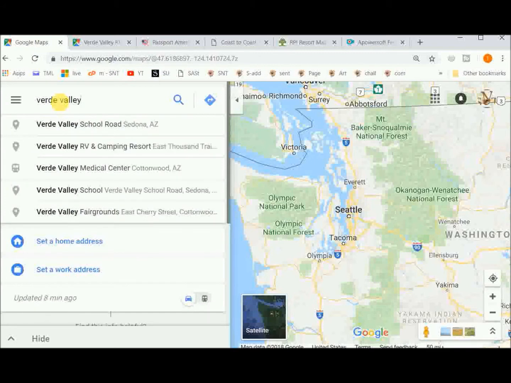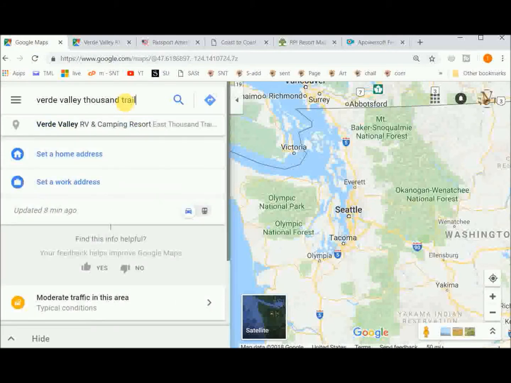So when I type Verde Valley and nothing more, now it knows what I want, but here you can see Verde Valley RV and Camping Resort East Thousand Trails, but let's pretend I didn't see that. I would just type it in as I think of it, which is Verde Valley Thousand Trails, which you can see this tool already knows kind of the slang names that people think of the various campgrounds as. It has a really good campground database. I don't know how they've done it, but Google has a lot of resources available to them. So you can trust that you can type your campground name as you think of it,